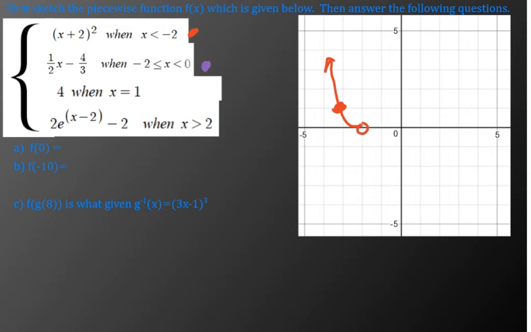Let's do this piece here. So this is just a linear function, right? Graph between these 2 points. So it's going to be like a little line segment. And I would just plot this point, and then connect the dots, basically. So if you plug in -2, that's going to be -1 minus 4/3, which